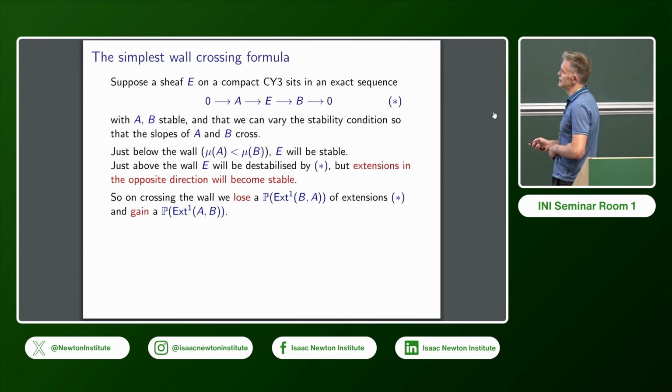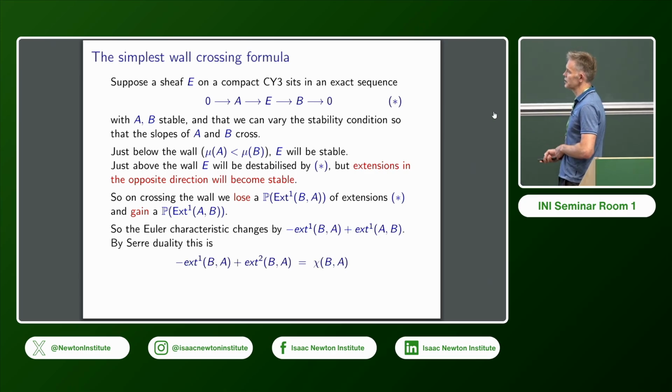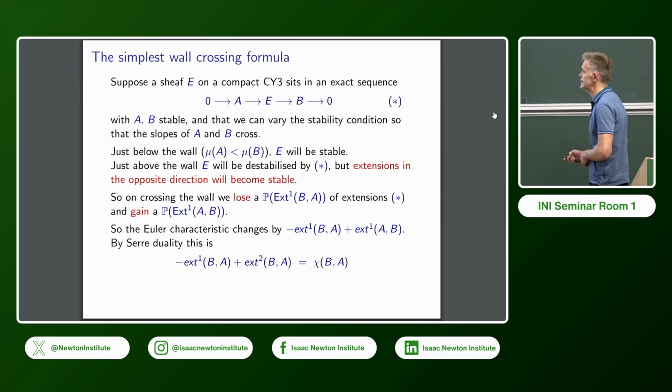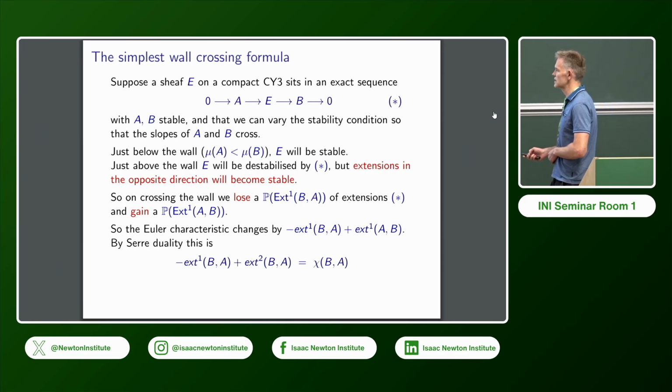Well, so let's compute what happens to the Euler characteristic. It's going to change by minus the Euler characteristic of this, plus the Euler characteristic of this, so that's this thing. And then by Serre duality, that's actually this thing. So you're getting an alternating sum of extensions from B to A. And there are no HOMs from B to A,